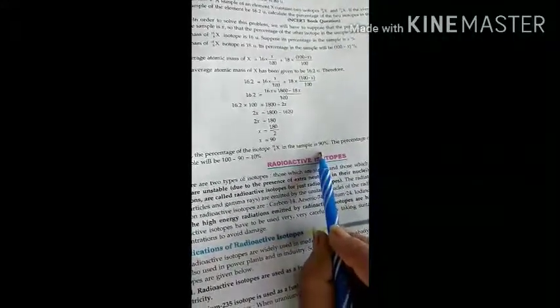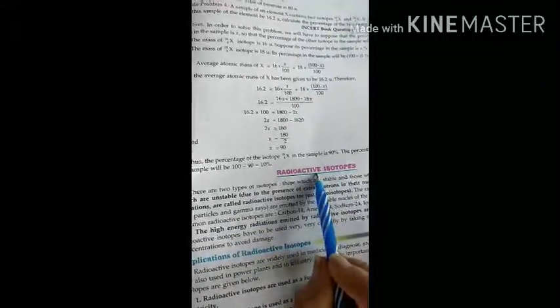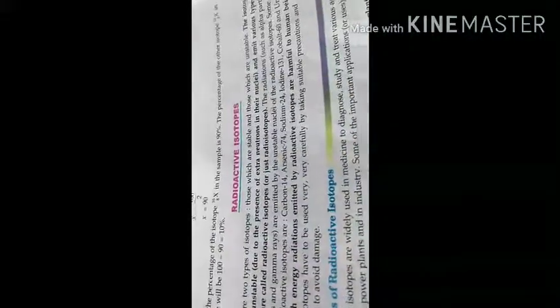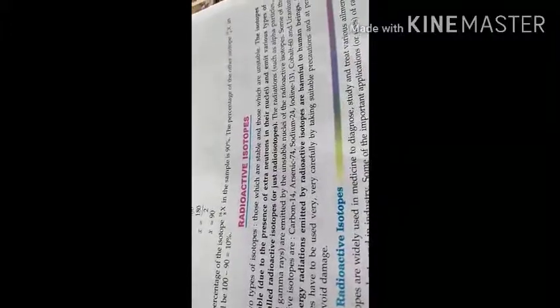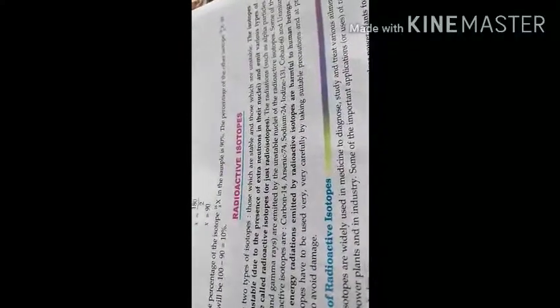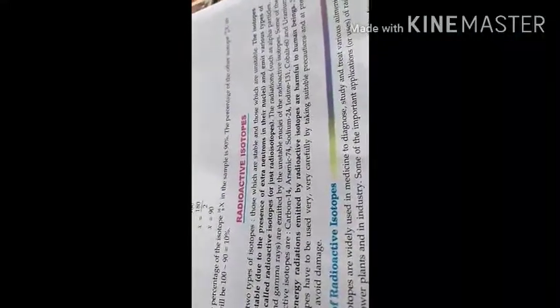Now radioactive isotope, actually radioisotopes have one more category, that is called radioactive. As the name indicates, कि इनमें से कोई radiation निकलती है. These are isotopes which are actually very unstable. These are very unstable isotopes, and they emit various types of radiations, which are called radioactive isotopes. मतलब those isotopes which radiate some energy are known as radioactive isotopes, and these have lots of use in our daily life, especially in the medical field में इनका बहुत यूज़ होता है.